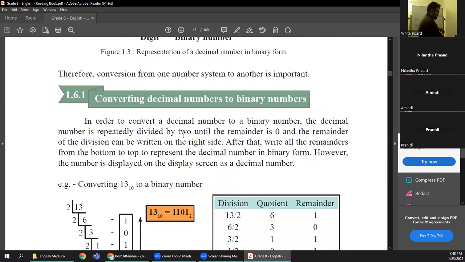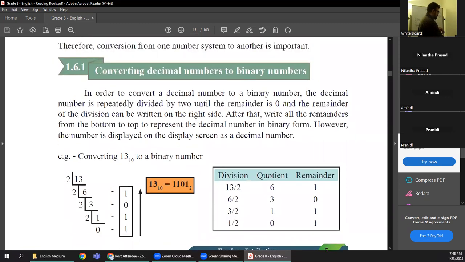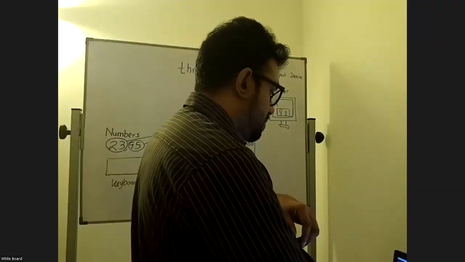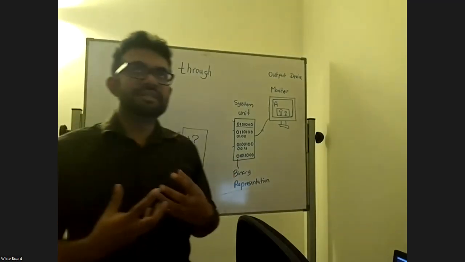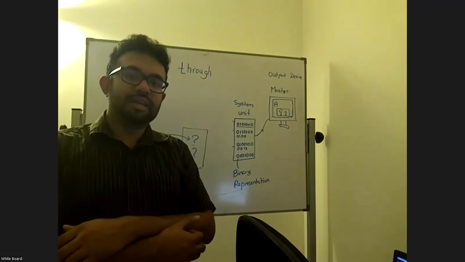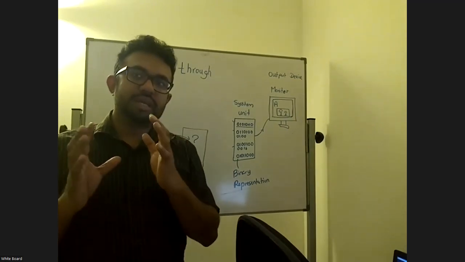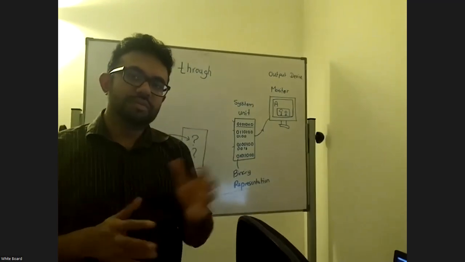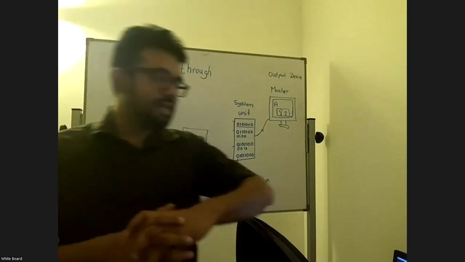Okay. Now we come to discuss the conversion. We'll discuss how we can understand how these decimal numbers are represented inside as binary numbers. We have to do the conversion from decimal to binary. Right. So write down the topic as